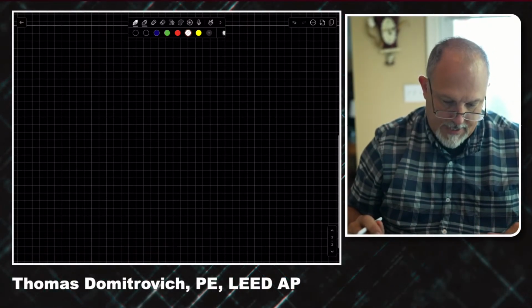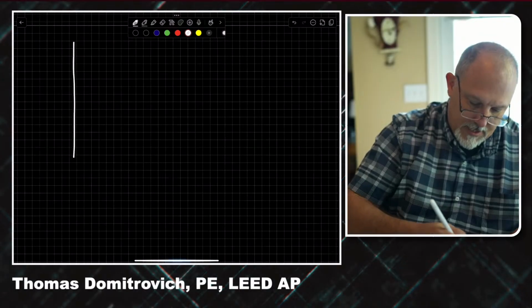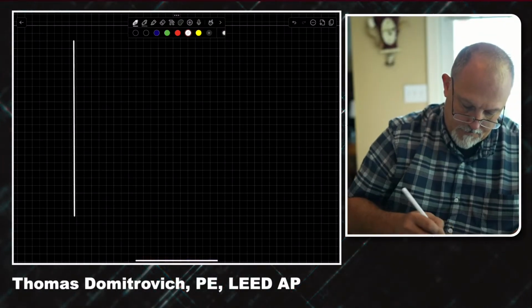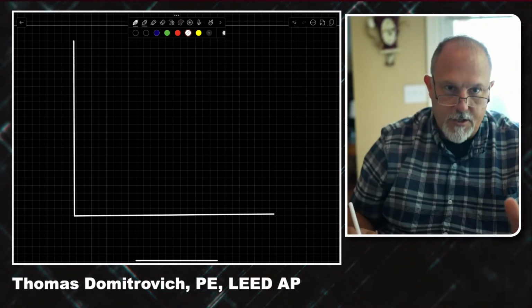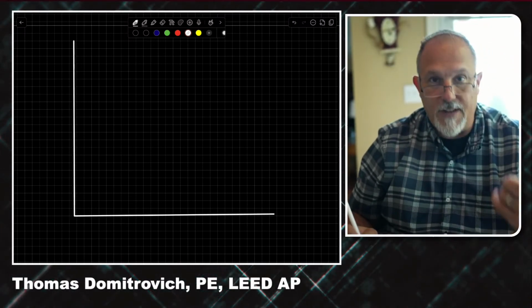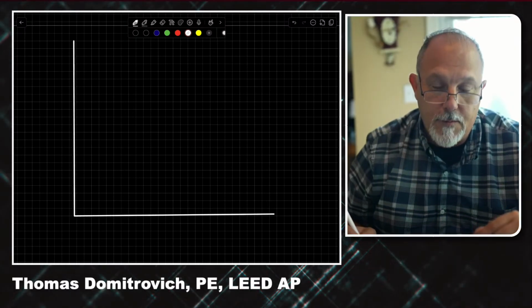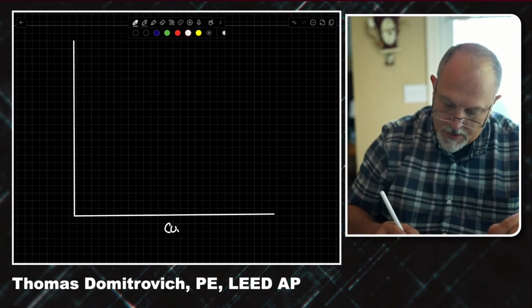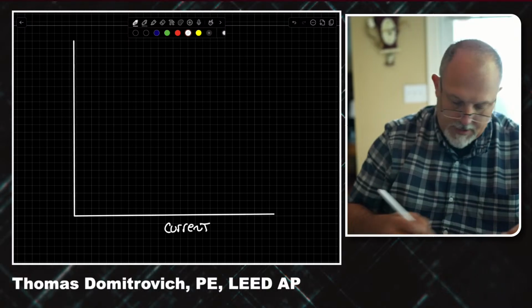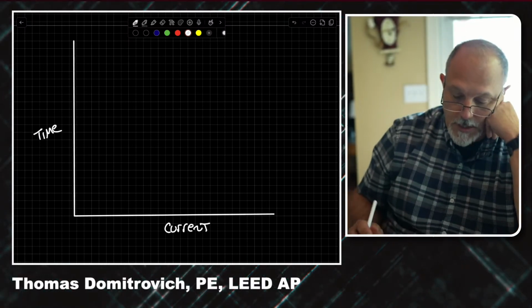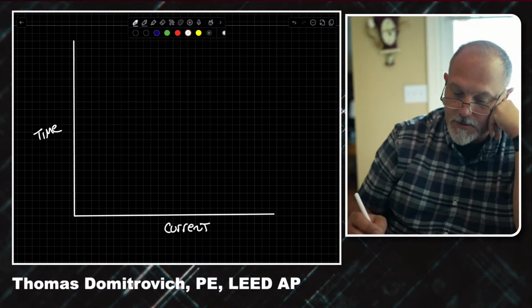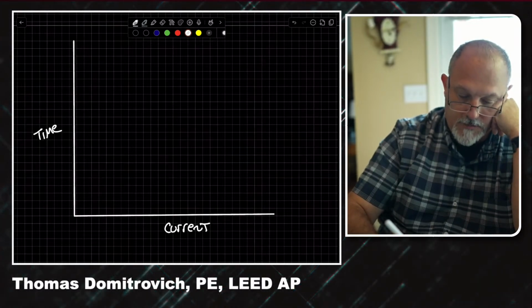So why do I say that? Let's draw the time current characteristic curve for both. Remember, a time current characteristic curve. Soft starter could be that's right, we could have a variable frequency drive in there too. So across the bottom we have current, and up the side we have time, right? So if I think about your standard overcurrent protective device,